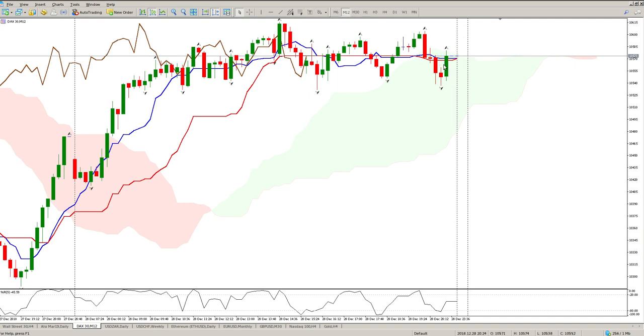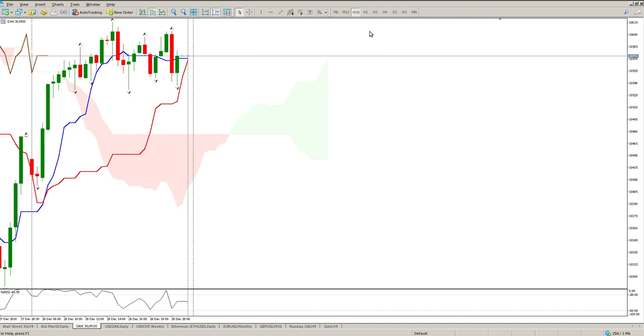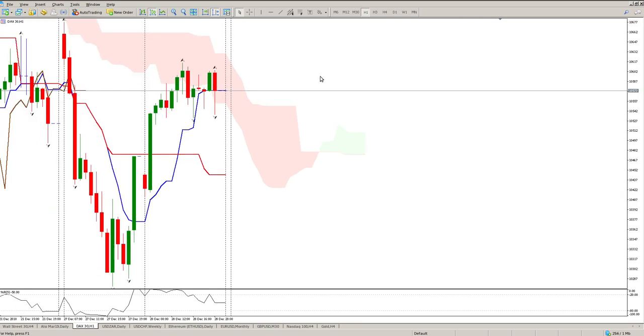So 12 minutes, we are flat. There's nothing really there. 30-minute, we are bullish, but we could have a potential crossover happening. Okay, on the hour, we are in the cloud. We are bullish, but we are flat. So ticker span has broken through price. We had a crossover and we had a twist, so that is fairly bullish.